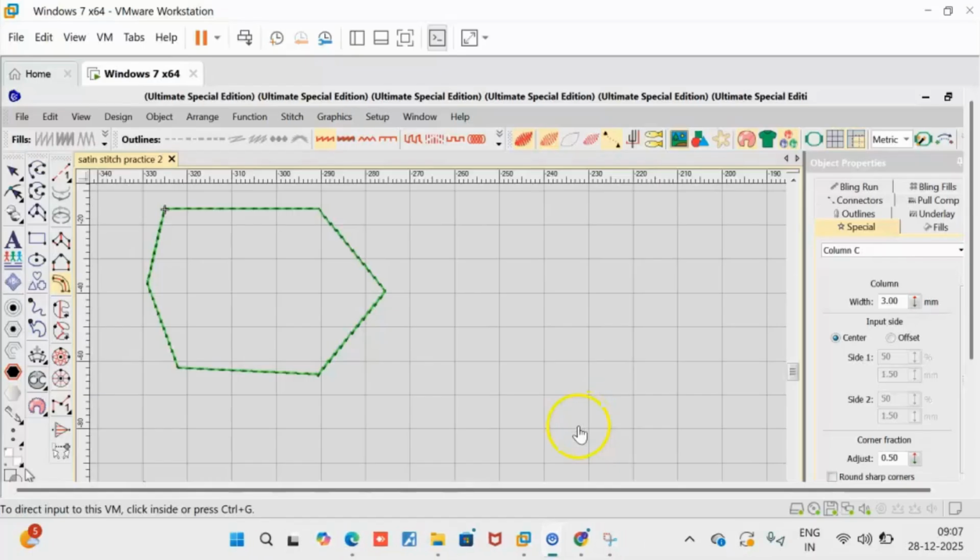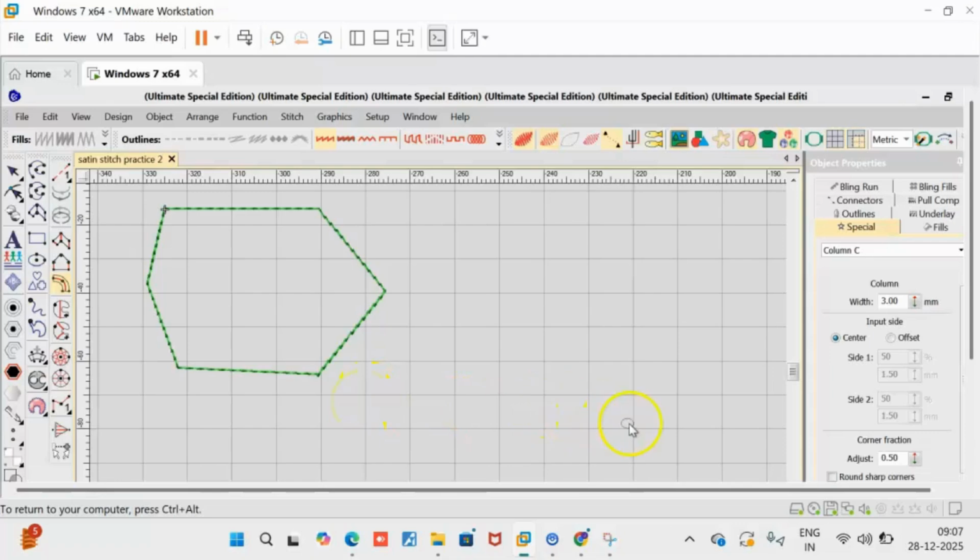Next, I will select the Column C tool. Column C is used for satin stitch. We use Column C when the shape has two sides, the shape is curved or uneven, the width is not the same everywhere, or we want a filled satin look.